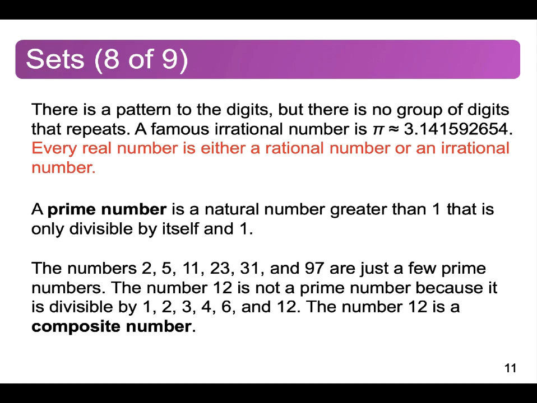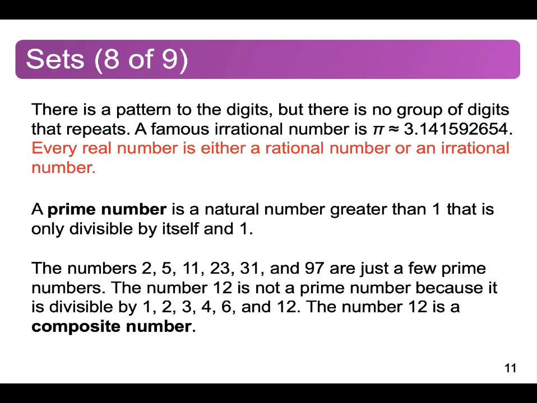So you might remember that a prime number is any number greater than 1 that's only divisible by itself and 1. So for example, 7 is a prime number because you cannot divide 7 by any other number other than itself and 1 and get a whole number. Composite numbers, on the other hand, are numbers that you can divide by something other than 1 and itself. So something like 12 would be composite because you can divide it by all sorts of numbers, 2, 3, 4,